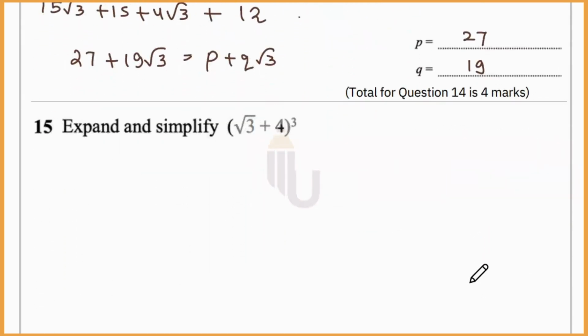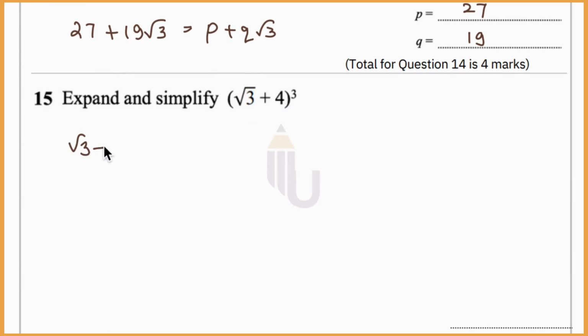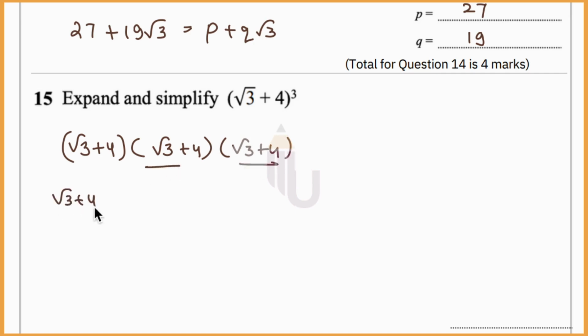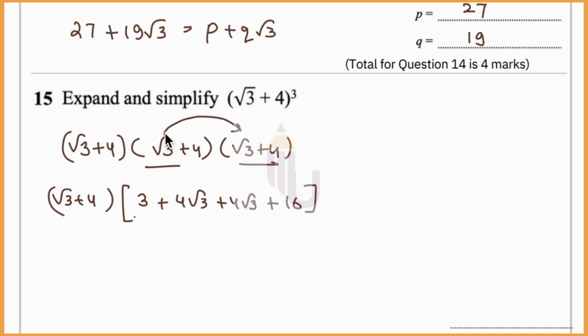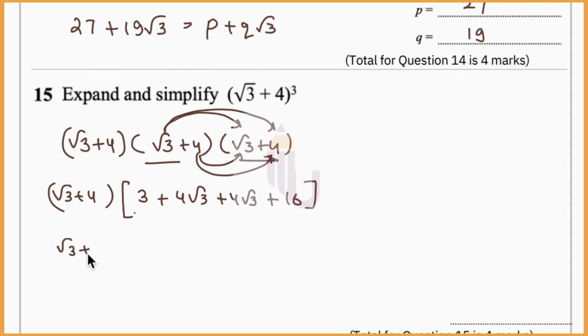Okay. For the next question, we have to simply write this 3 times, and then we have to pick up 2 brackets and multiply them. So root 3 plus 4 times. Now when this is multiplied, root 3 times root 3 is 3, root 3 times 4 is 4 root 3, then 4 root 3, and then 4 4s are 16. Okay, root 3 times root 3, root 3 times 4, 4 times root 3, and 4 times 4. That is the order I have followed. Root 3 plus 4